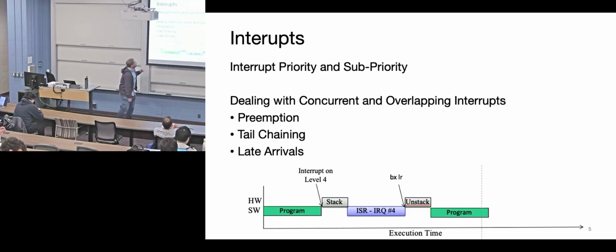Now, tail chaining is when you have multiple interrupts, something that's pending. There's no reason to unstack all the way back to the program. Unstacking just says the program's ready to execute. Well, this is 12 cycles or so, or 6 cycles, I forget. This costs time. There's no reason to do it.